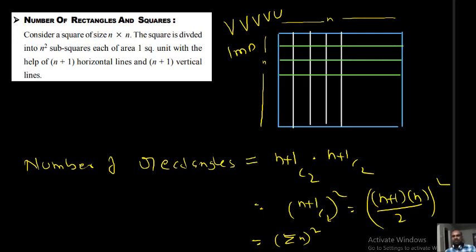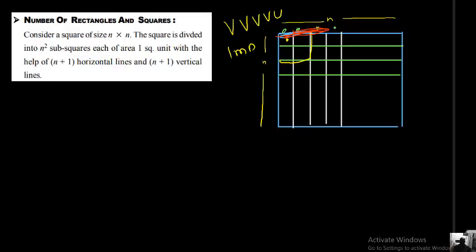Okay, now here I want to count the number of squares. That is very interesting and the toughest one. Observe now. Okay students, now we want to count how many squares are involved in this grid. Next one is the number of squares.